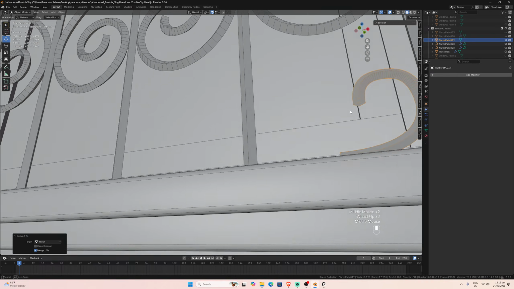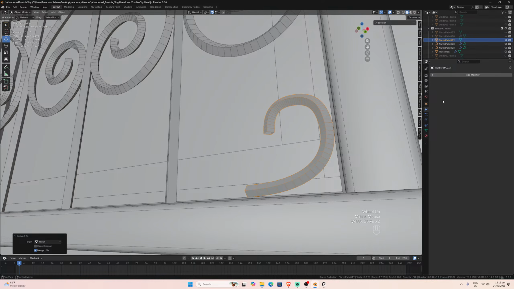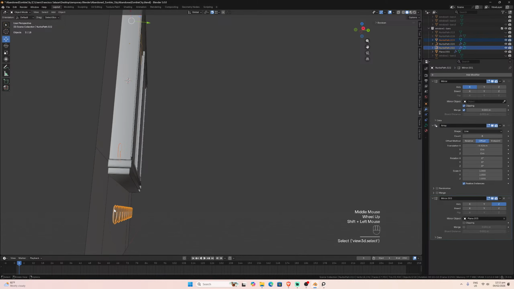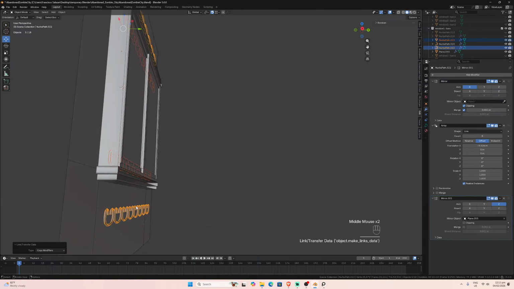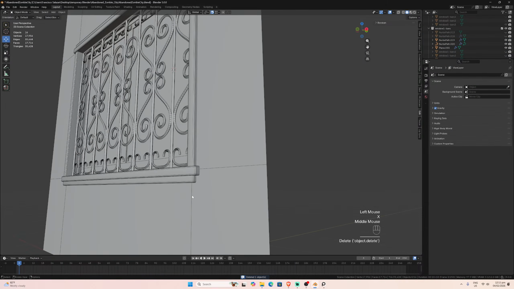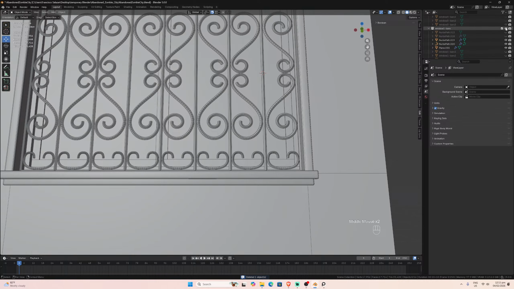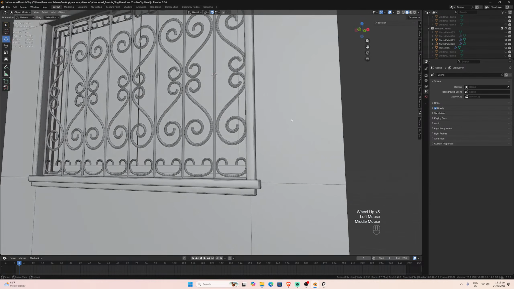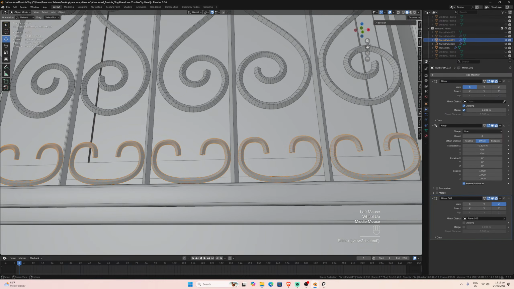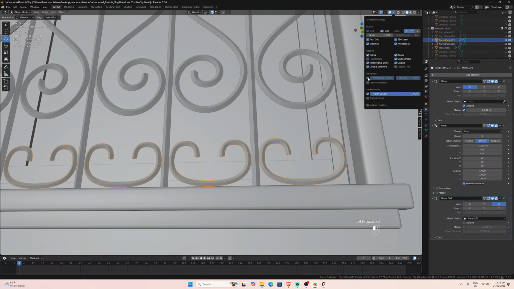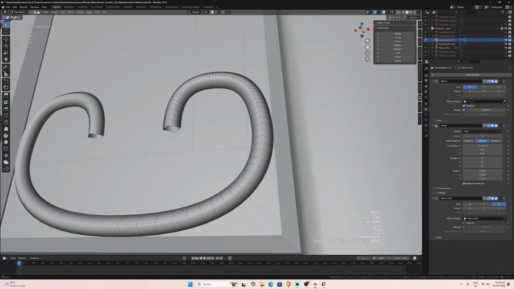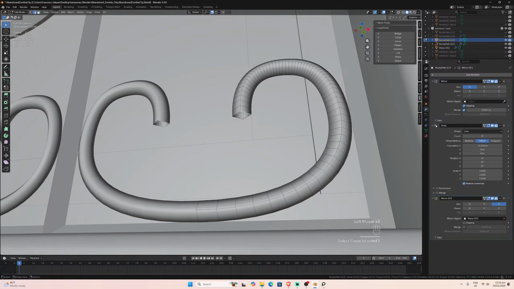Okay, we have that. And now I'm going to select this, and copy the modifiers. So now we have backup modifiers, and I can delete this. I don't need it anymore because I already have the backup in the look. Let me turn off this. I already have the backup here, no problem, just in case we need that back. Okay, now we can wireframe and apply the shade smooth. To close this part,